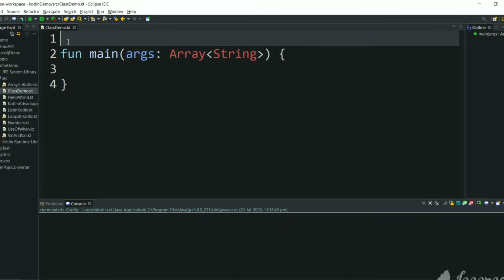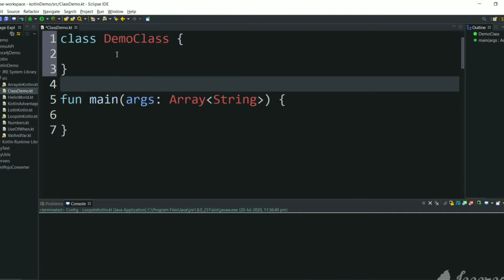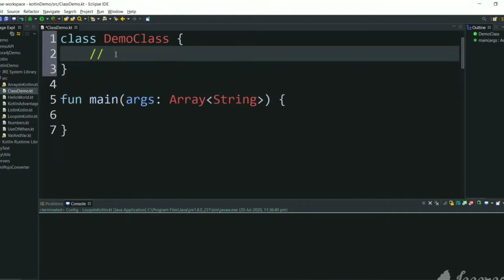In this video, we will just create a simple class with one member variable inside, and we will create an object of it. The simple class is just the keyword class and the class name. Let's name it demo class, and inside this we will write the class body.